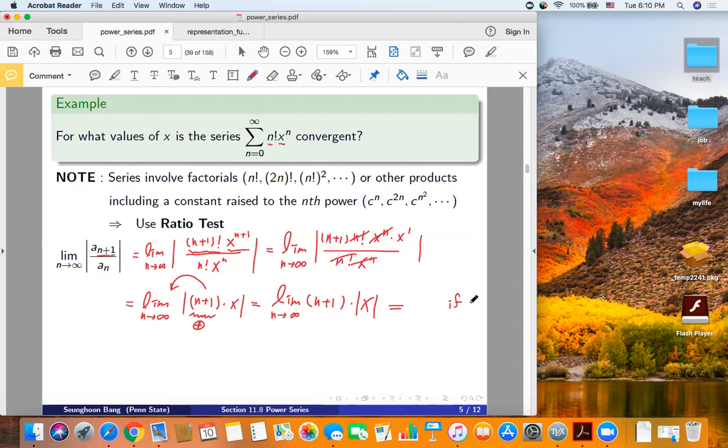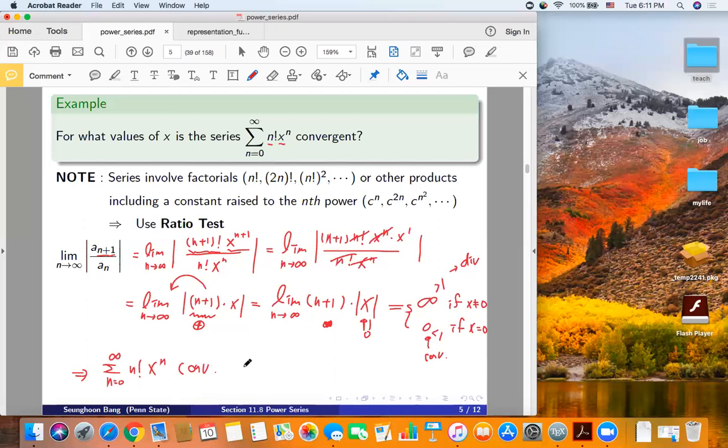If x is not equal to 0, a non-zero number times infinity is infinity. It's good. Another one, x equal to 0. What's 0 times n plus 1? 0 times n plus 1 is 0. The limit of 0 is 0. We have two answers. Infinity is greater than 1, so the series is divergent. 0 is less than 1, so this is convergent. What's the conclusion? The series summation n equal to 0 to infinity of n factorial times x to the n is convergent